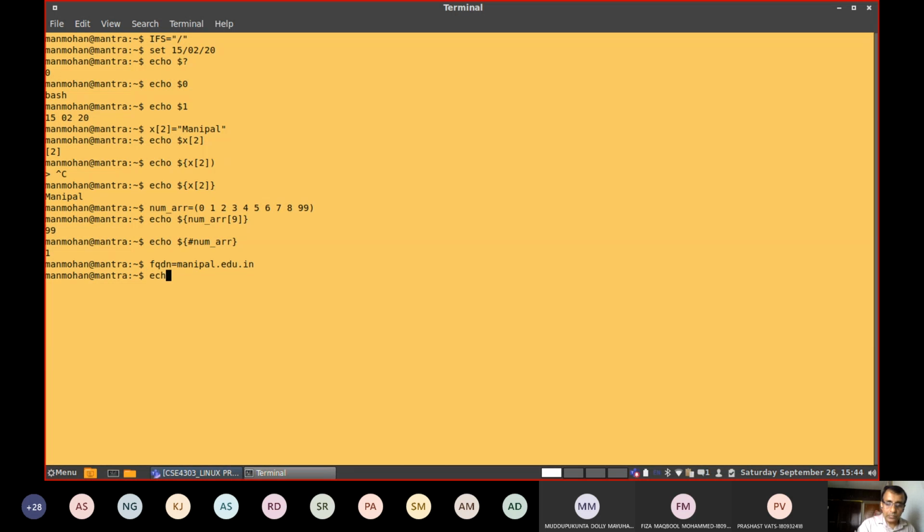Now you write echo, dollar, then curly bracket, variable name, now write percentage. This percentage symbol after the variable name deletes the shortest string that matches the variable content at the end. Okay. If I write it,